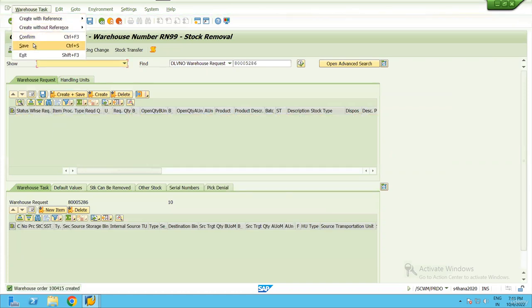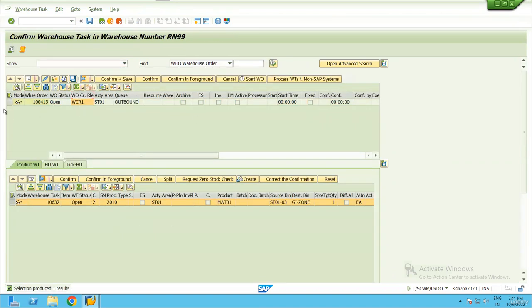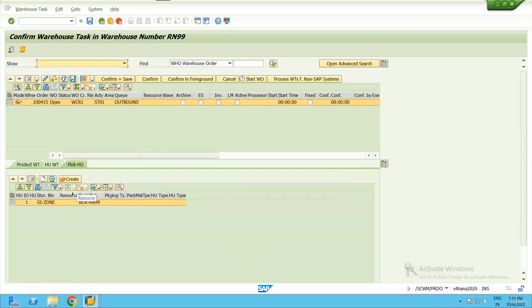I'm trying to create the picking task. So my WCR is determined. As we know that handling unit management is mandatory, I'm trying to create the picking handling unit, select the entry. The system is suggesting to use the packaging material box RN99 because our pack profile is already configured. That is the reason we are able to see this pick HU. Okay. Now we also want to create a HU. I'm just generating a HU number, and then